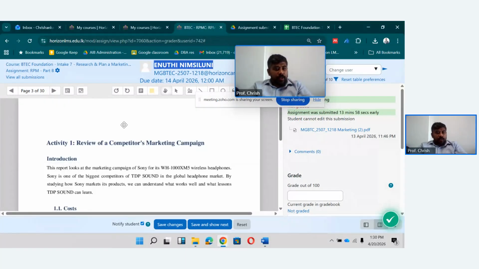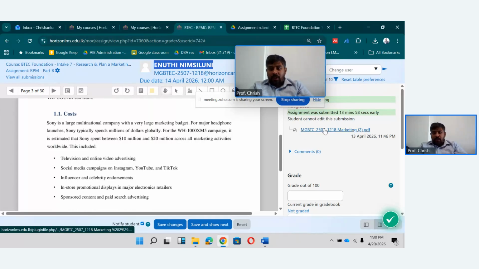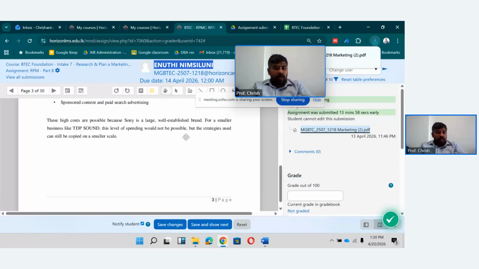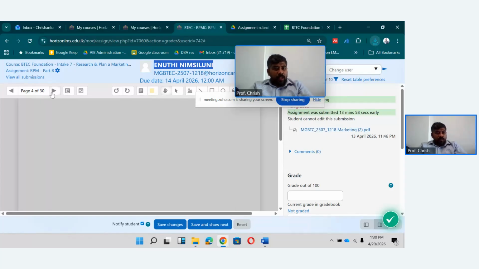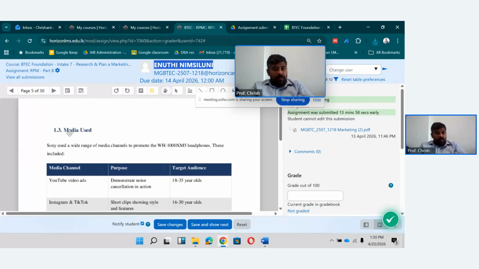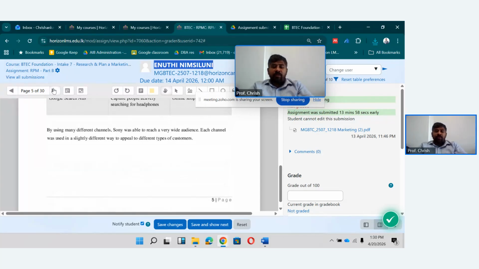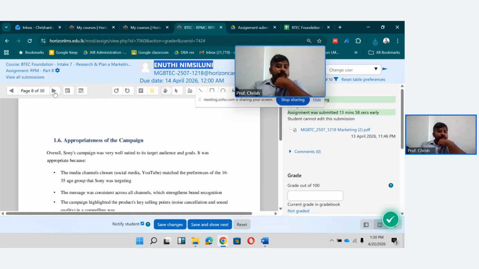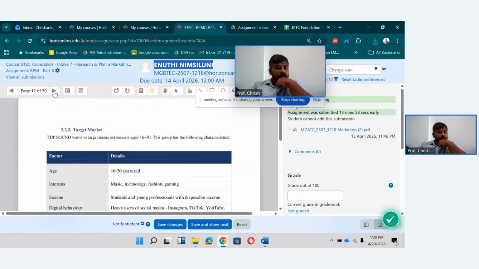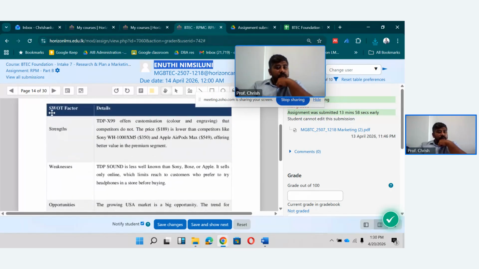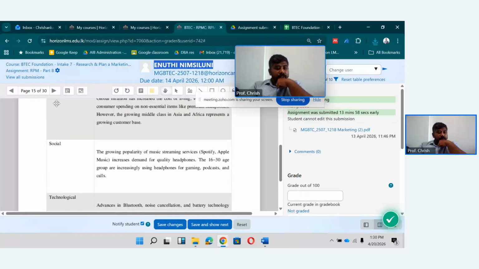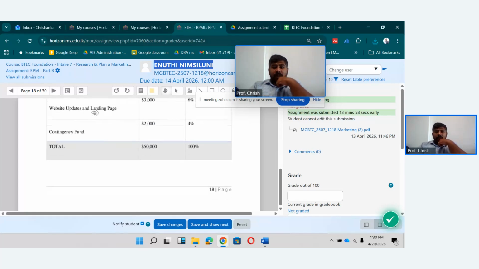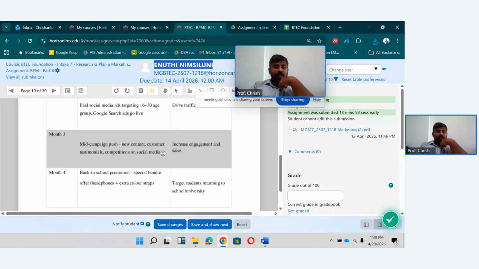Right, good. She seems to have done a lot. I'm going to download and scan her document for plagiarism as well. While that happens, timescales, media used, it's very comprehensive. Message communicator, use of marketing tools. She has used some diagrams also, so that's pretty much, she has done PESTLE, reliability reasons. She has been a pretty aggressive player in this submission so far.